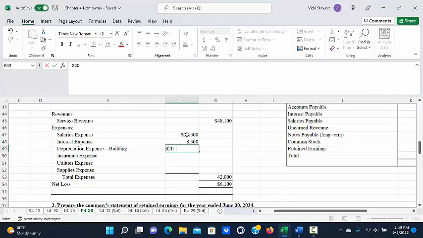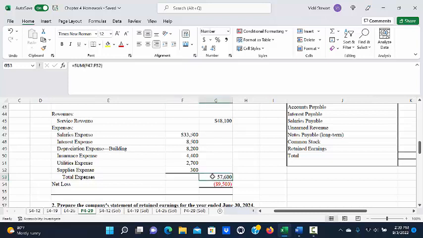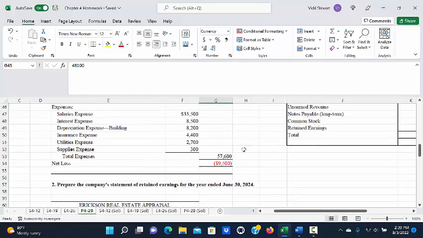Depreciation expense was $8,200. Our insurance expense was $4,400. Utilities expense $2,700, and our last expense was supplies expense. The spreadsheet has been adding the expenses together, and we have total expenses of $57,600, which, when we subtract from our service revenue, gives us a net loss for the year of